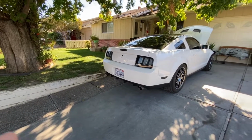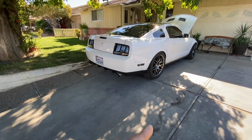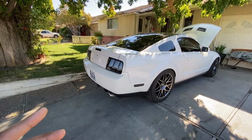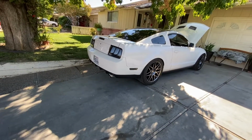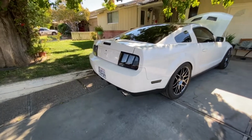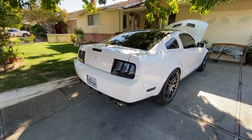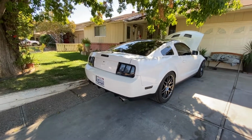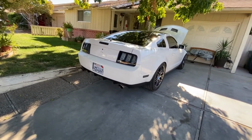for now. One day in the future, I would love to have this motor fully built so I can push over 1,000, when I get another car. Since this is my only car at the moment, I can't really do that. So the plan right now is just get it tuned on 91, stick on 91. If it hits 701, 702, that is enough for me, honestly, as it sits right now. So I'll leave it like that,